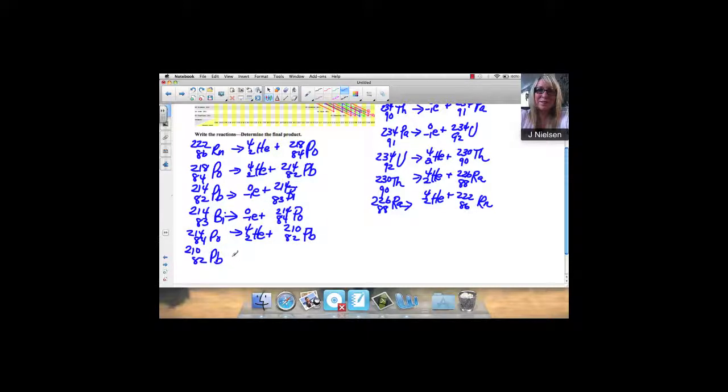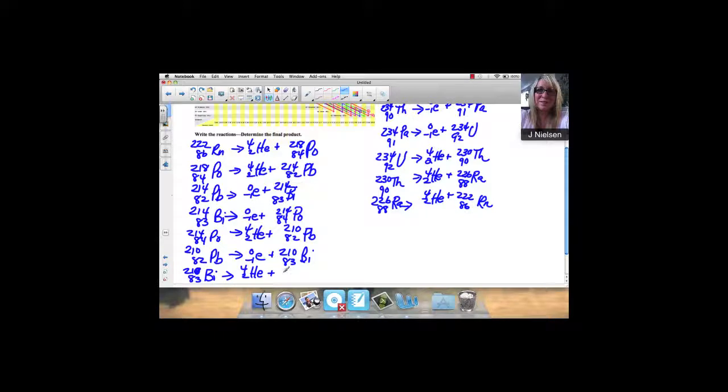And that undergoes beta decay, producing 210, 83 bismuth. And that undergoes decay,